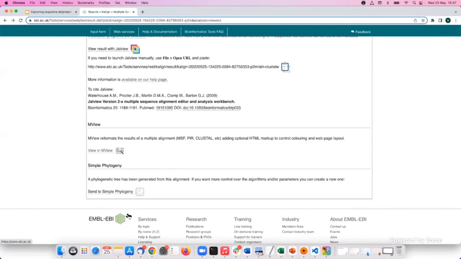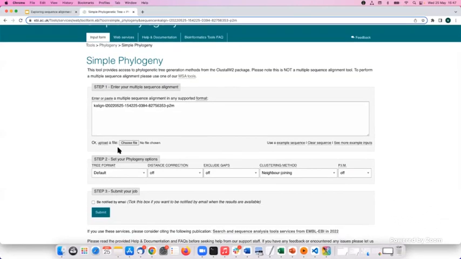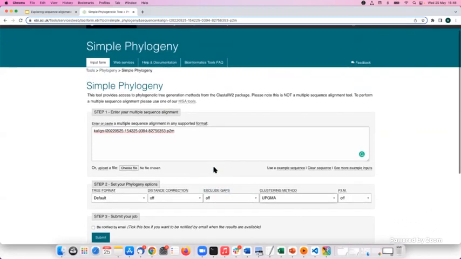And if you wish to generate a phylogenetic tree, there is again an option available from here, Simple Phylogeny. So here again, you are passing the previous Kalign job ID. From the Kalign result, you got a phylogenetic tree, which is based on the neighbor joining method. If you want to change the clustering method, you can use whichever, like UPGMA. So that's all about